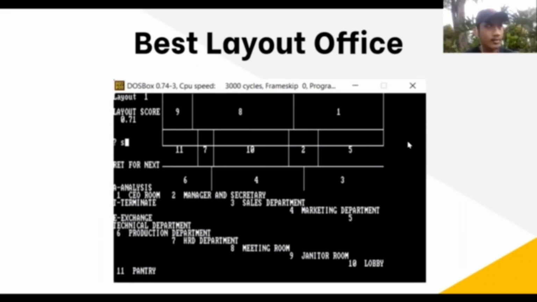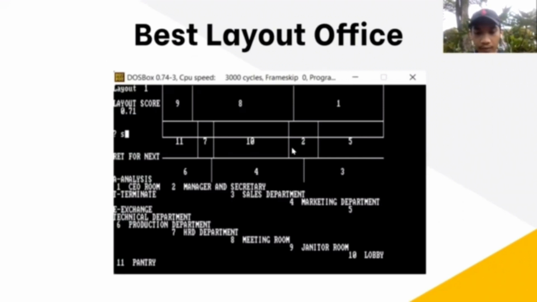Okay. The next is the best layout. To conclude all decisions from the whole factory, office, and production floor, we summarize the fixed layout of each one of them with the proper ALDEP, using block plan for whole factory and office, and also the production floor that has been generated and improved by CRAFT. The figures represent the ALDEP layout of the whole factory, office, and production floor respectively. The first one is the base layout from office.